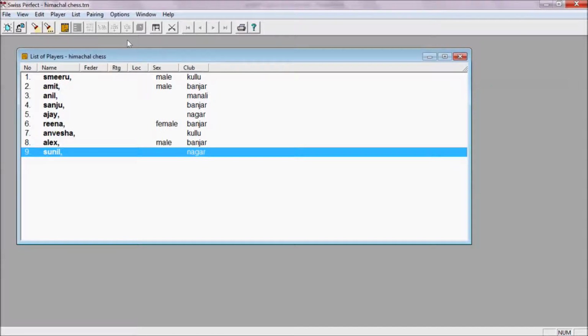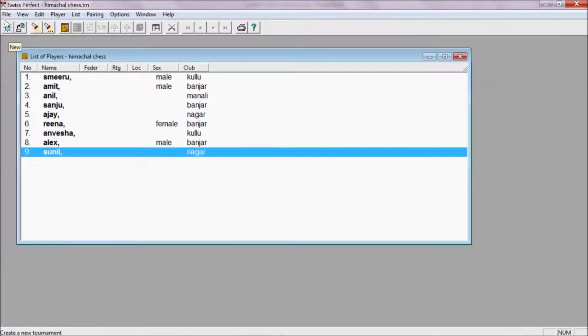As you place your mouse over it, it will show that it is the auto pairing button. So as soon as you click this button, the pairing will be done. This button is for print. As you click this button, the window which is on your screen will get printed.